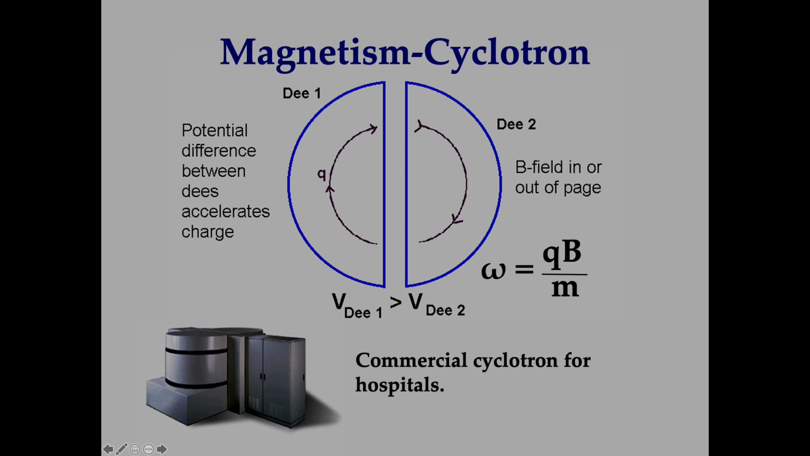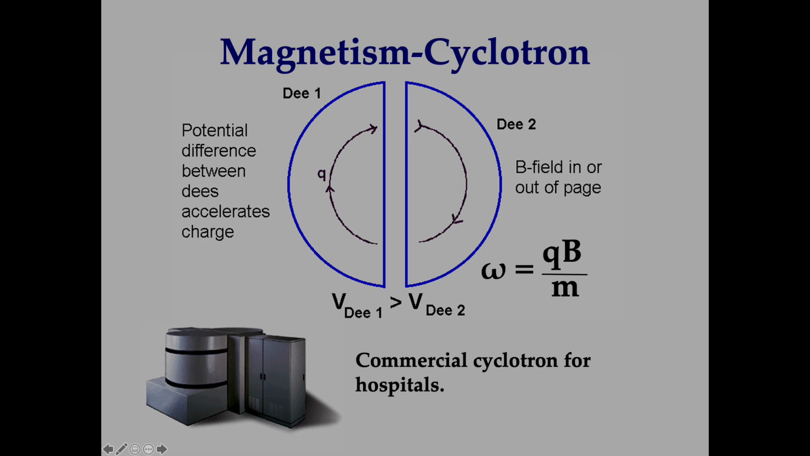Remember that a magnetic field cannot change the velocity of the particles. Okay? A magnetic field cannot change the velocity of the particles. So what they had to do is they created two Ds that are separated and they're at different potentials. So every time a particle crosses the Ds, it gets accelerated. The frequency at which it goes in a circle is only dependent on the value of B. So you keep B constant,